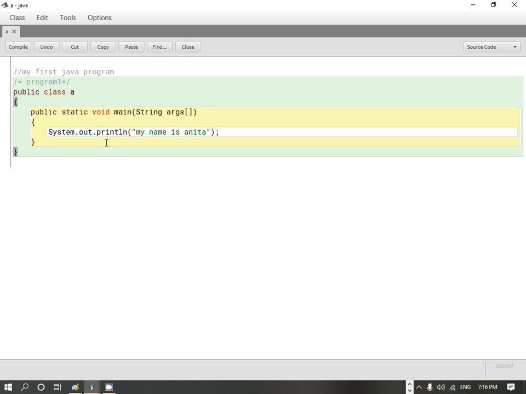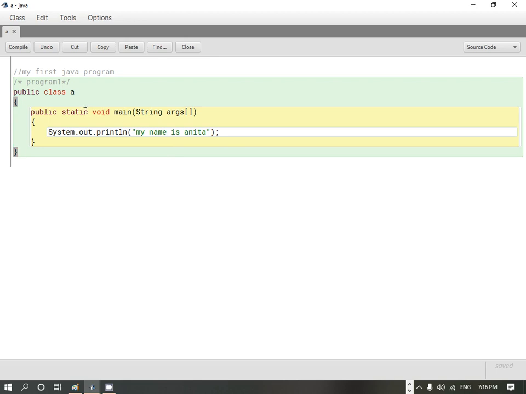It doesn't need any object of class A to be called. That is why you can see that you can directly get the output by executing this program. You don't need any object to call the main method. This is the meaning of static.